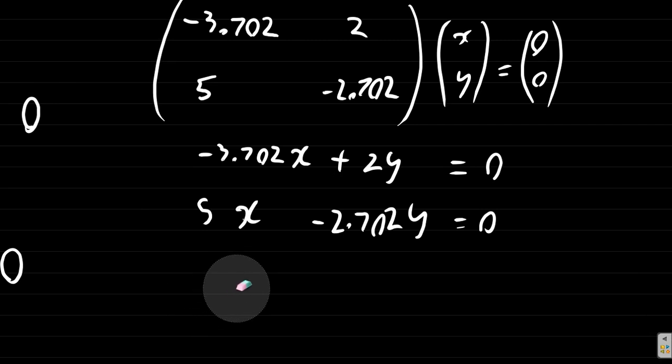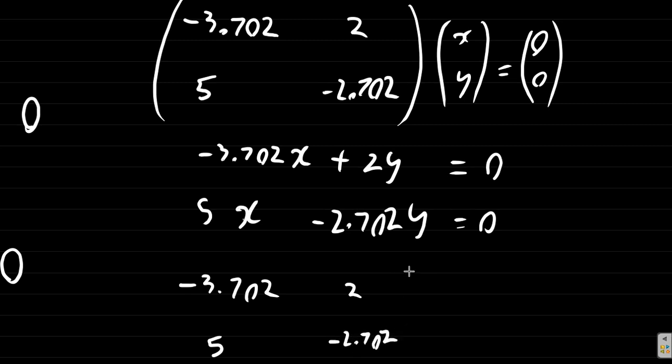Instead of multiplying it out, we have it in matrix form already. So let's write it like that: negative 3.702, 2, 5, negative 2.702,